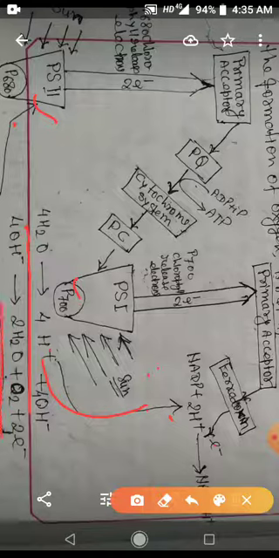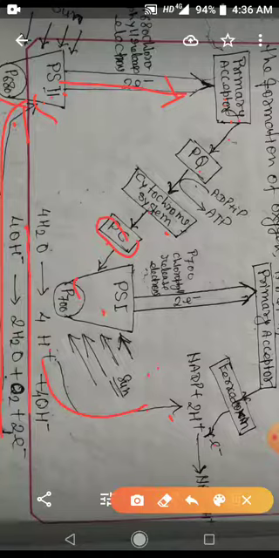These electrons are coming to photosystem 2. When electrons from photosystem 2 are emitted, these electrons are accepted by the primary acceptor. From the primary acceptor, electrons will pass through the transport chain, taken to plastoquinone, then the cytochrome system, then after the cytochrome system to plastocyanin. This is the plastocyanin. From the plastocyanin, electrons are coming to photosystem 1.